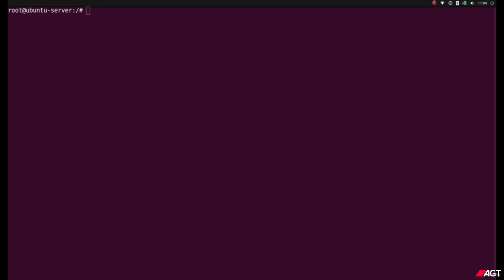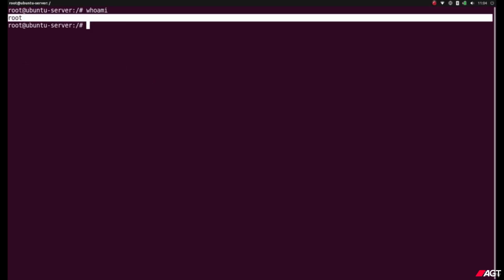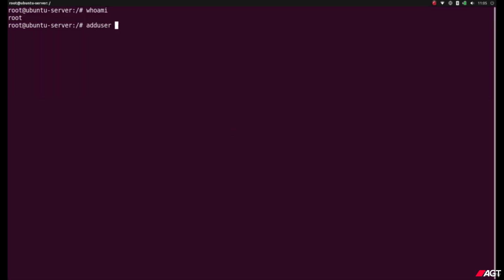And so before we begin, we should have a non-root user. So now if you type whoami, you'll always see root. This is the system administrator. What you can do instead is be a regular user and then configure the whole thing as a regular user. So let's first add a user. You can type adduser with your username